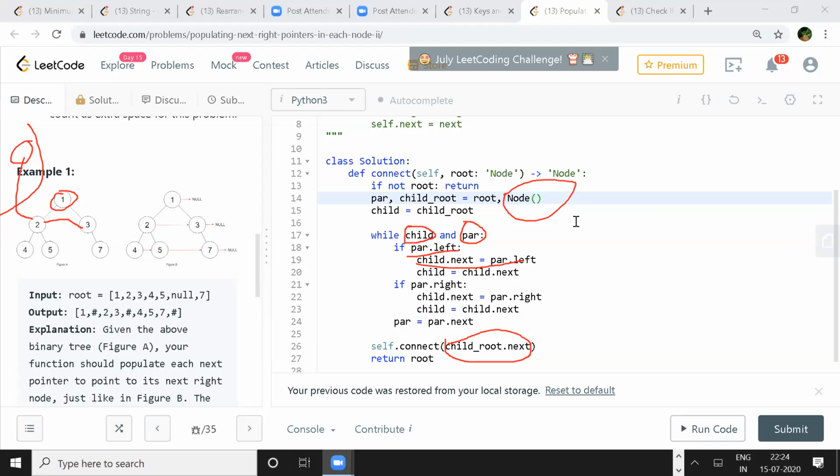So I'm not modifying the existing one. I'm doing everything from the dummy node. So they are asking us to actually fill in the value of the next node in each and every node, right? So you have to modify the input.